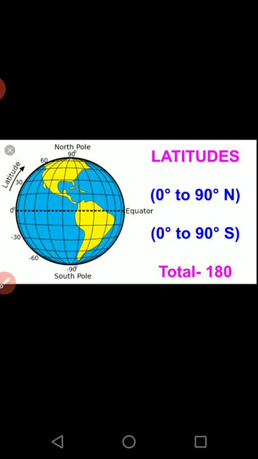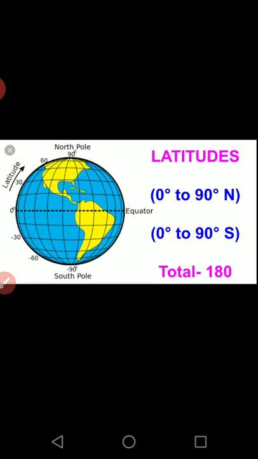The central latitude is the biggest one, or the longest one. Now why is it the longest one? Because the earth's shape is spherical and a sphere or a circle is bulged from the center. Hence the central latitude is longer actually. So from that it is considered as the center of the earth. This central latitude is dividing the earth into two equal hemispheres. Hemispheres, that means half circles: the northern hemisphere and the southern hemisphere.